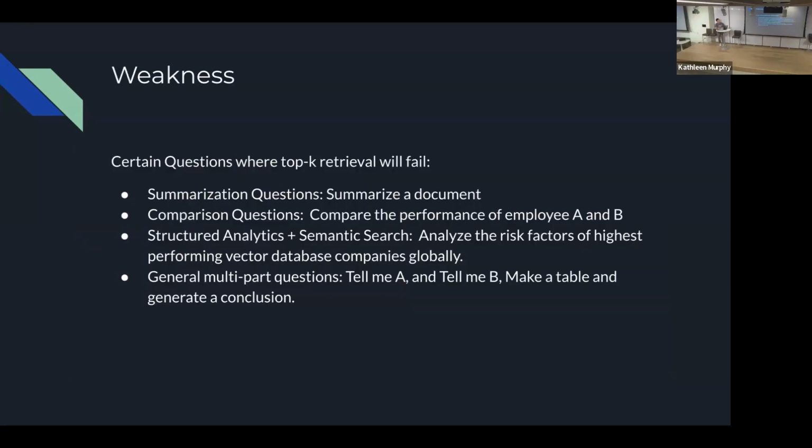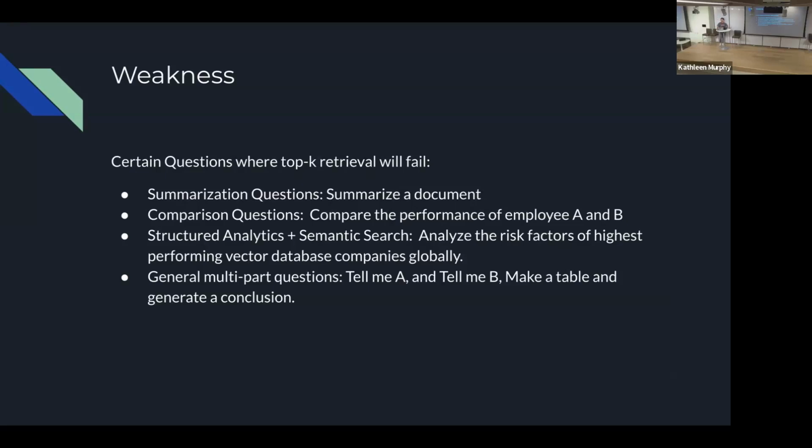However, there are a number of weaknesses of a RAG, because there are certain questions where the top K retrieval may fail, right? First is summarization questions. For example, if you ask a RAG to summarize a document for you, it cannot, if you didn't train it for that purpose. Another one is comparison questions.